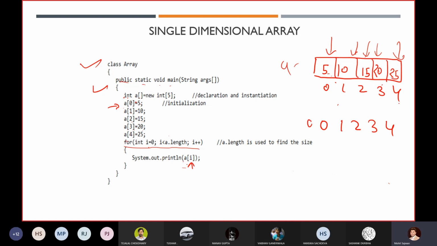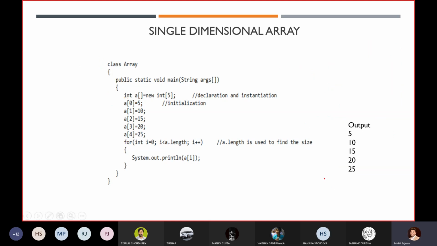सो व्हाट विल हैपन, a ऑफ 0 की क्या वैल्यू है, सो इट विल प्रिंट द वैल्यू 5 ओवर देयर। मैंने println यूज किया है, सो न्यू लाइन पर आएगा फिर से। a ऑफ 1 की वैल्यू क्या है, 10 है, a ऑफ 2 की वैल्यू क्या है, 15। सो इफ आई एम गोइंग टू एग्जीक्यूट दिस कोड, सो दिस इज द आउटपुट आई विल गेट, राइट। तो यहाँ पर आपने सिंगल डायमेंशनल एरे को क्रिएट भी कर दिया, और एक्सेस अगर आप करना चाहते हो तो इन मोस्ट ऑफ द सिनेरियो वी आर गोइंग टू यूज द कांसेप्ट ऑफ लूप, राइट।